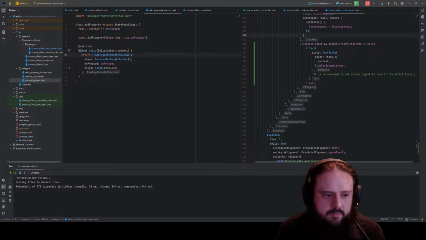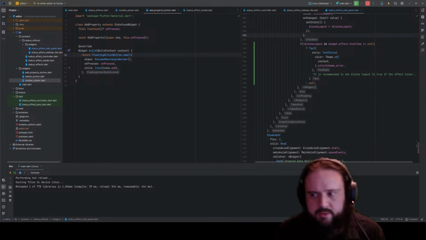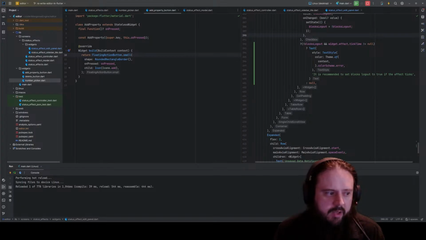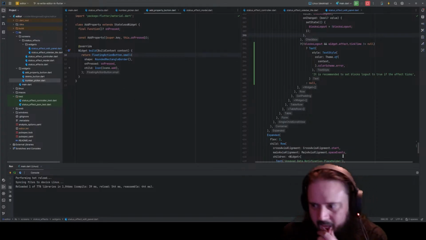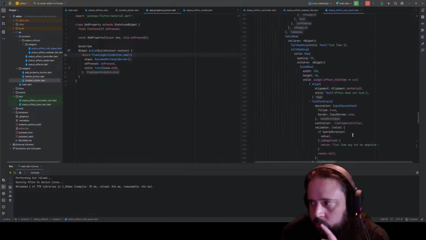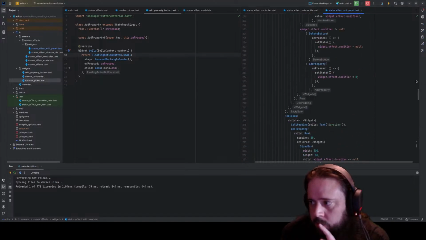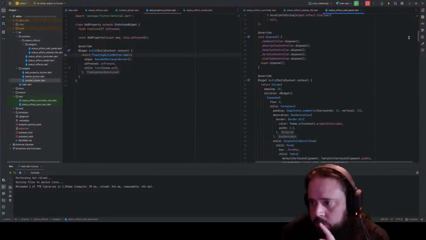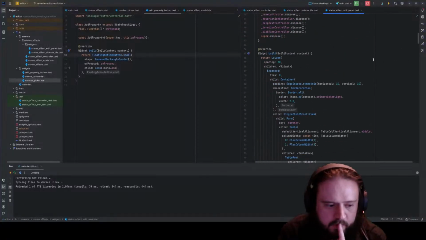Okay. Display message blocks logout if effect ticks and it's not selected. Okay. Let's do